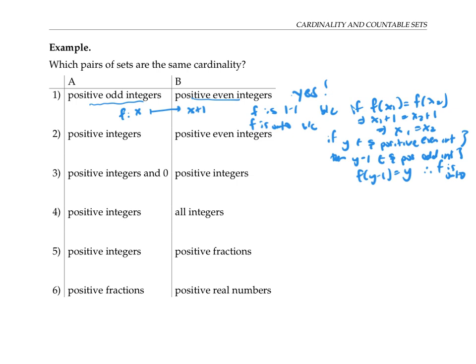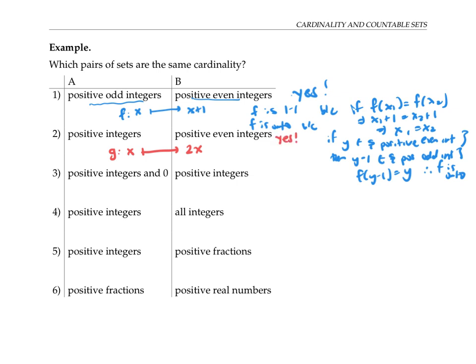To me, that makes a lot of sense. Things get a little weirder from here, though. The set of positive integers and the set of positive even integers also have the same cardinality, even though this set B is strictly contained in this set A. To build a bijection, we can define the map G that takes x to 2x. I'll let you work out the details that this map G is indeed a bijection, and therefore these two sets